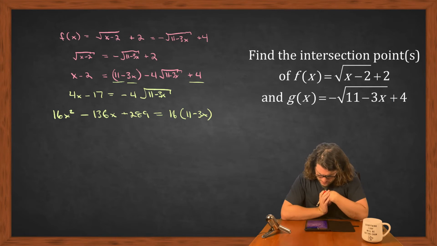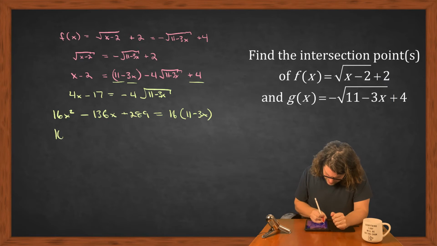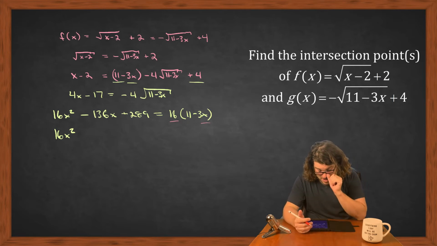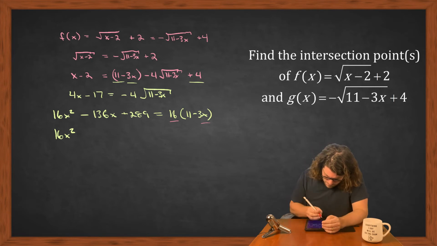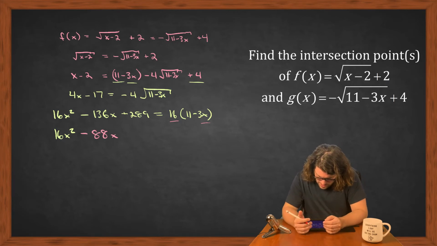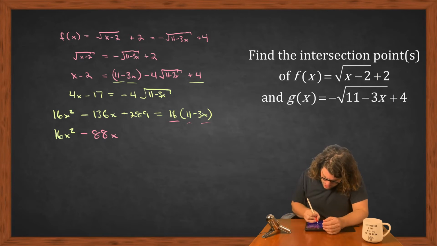All right, now I'm going to group together things as best we can on the left-hand side of my equation. So I have 16x squareds, and I have another from my right-hand side. So I'm going to kind of show where this is coming from. I'm going to have another negative 48x's, so I'm going to add that to the other side. 48x's should leave me with negative 88 left there. And then I'm going to have 176 on this side, positive. Subtract from the other side should leave me with